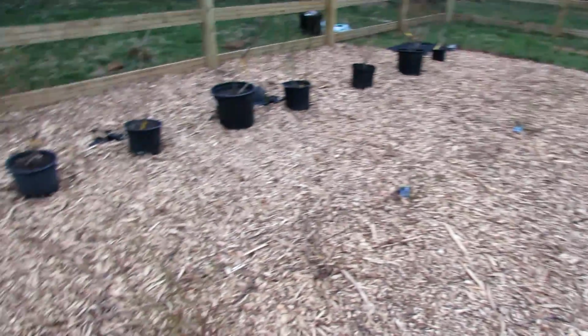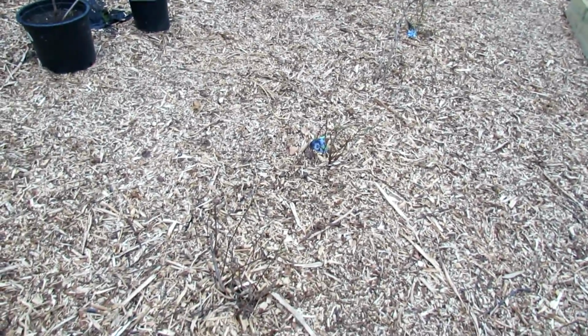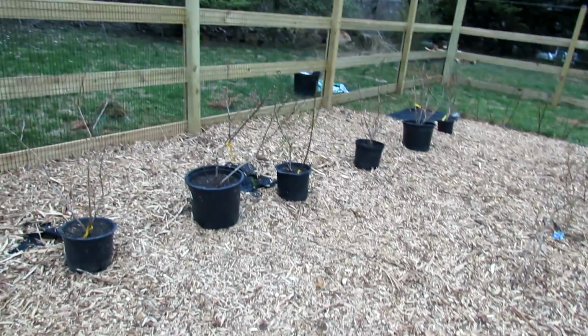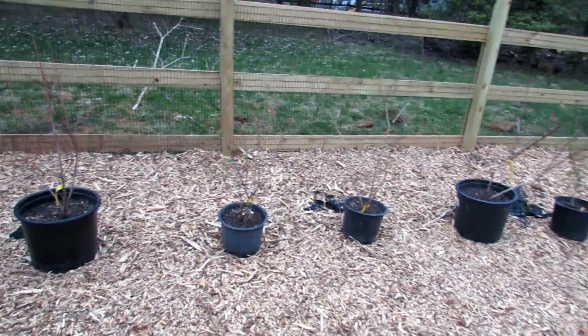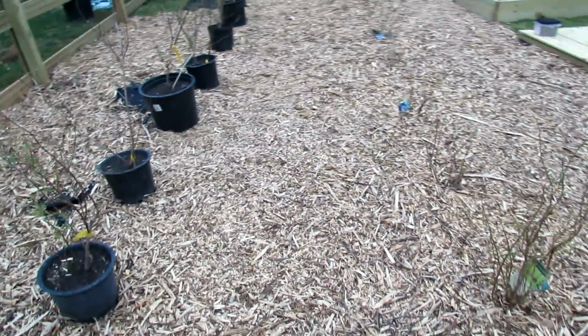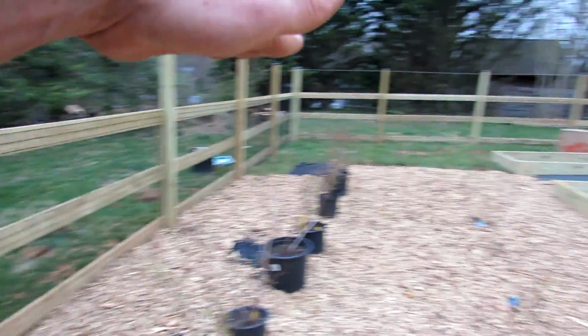Over here real quick, I have my hedge of blueberries. These were planted much more closely together than recommended to create the hedge. And again, those are bare root blueberries that I ordered. They're in pots now getting established. But I wanted to set these up so that I had a walking space through here for harvesting, and I could really build a frame over them if I need to,